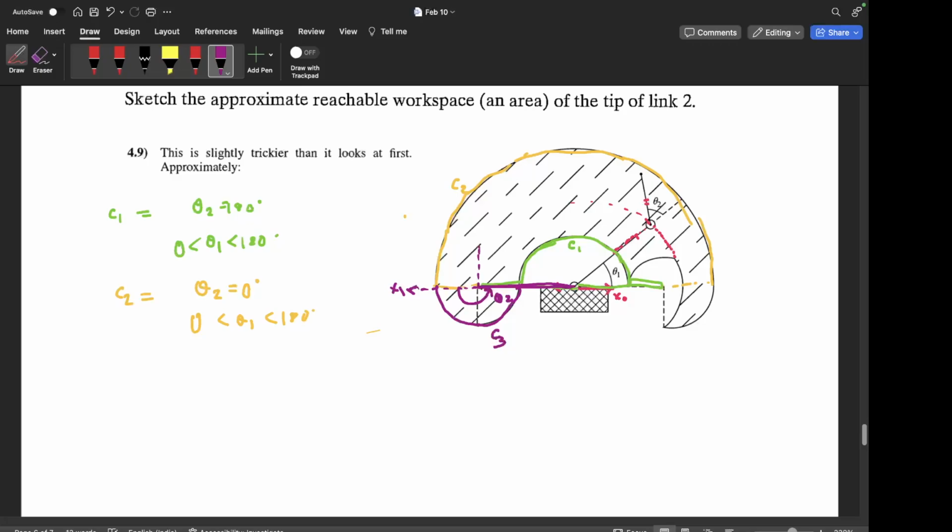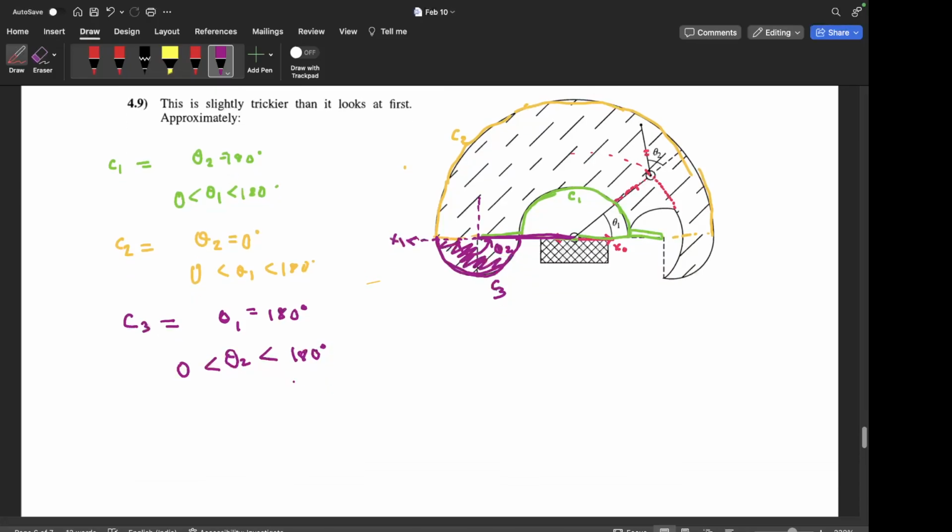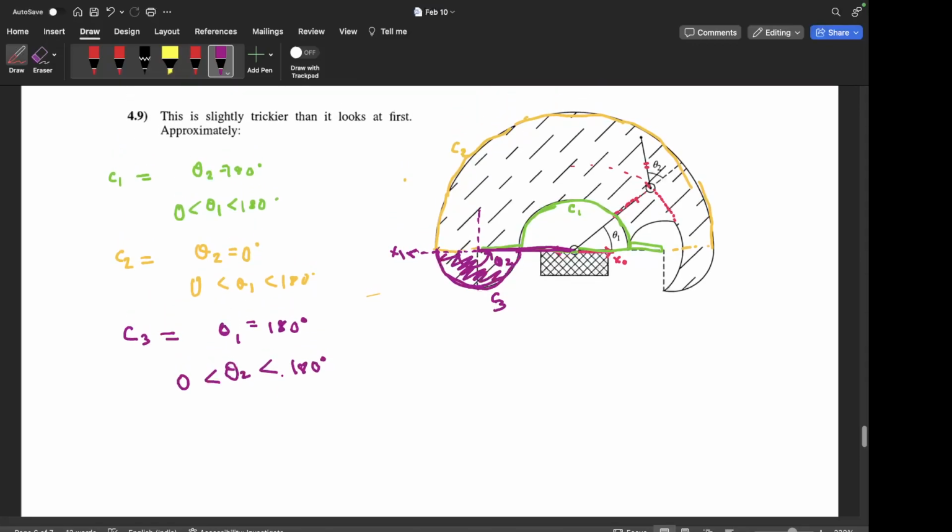Minus 90 will lie just inside here, which is already taken care of in this space. What new space are we getting is that when link 2 will move from 0 to 180 here, right? So then we'll get this area, this additional area. So this C3 we get when theta 1 is 180 degrees and theta 2 varies from 0 to 180 degrees, which is inside its range because its range is minus 90 to 180. Any doubt still here? Okay, so we have sketched